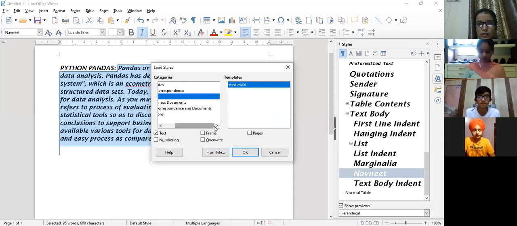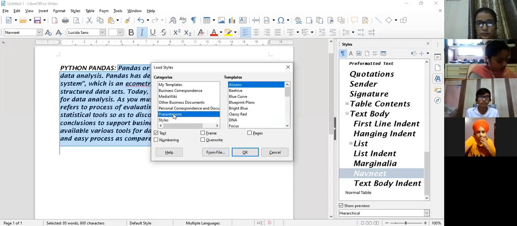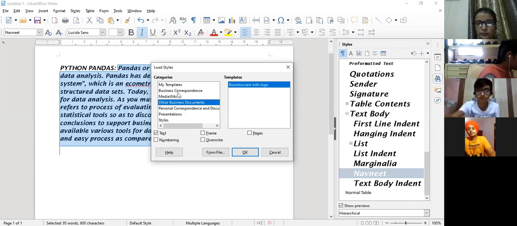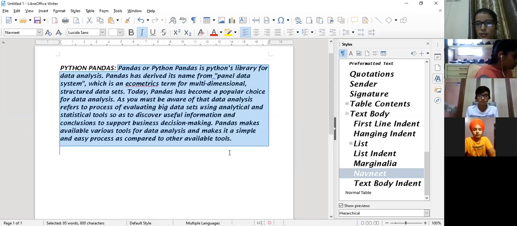You can change the category also as a template. See, all the categories are shown over here. That is Load Styles. Update is not working.